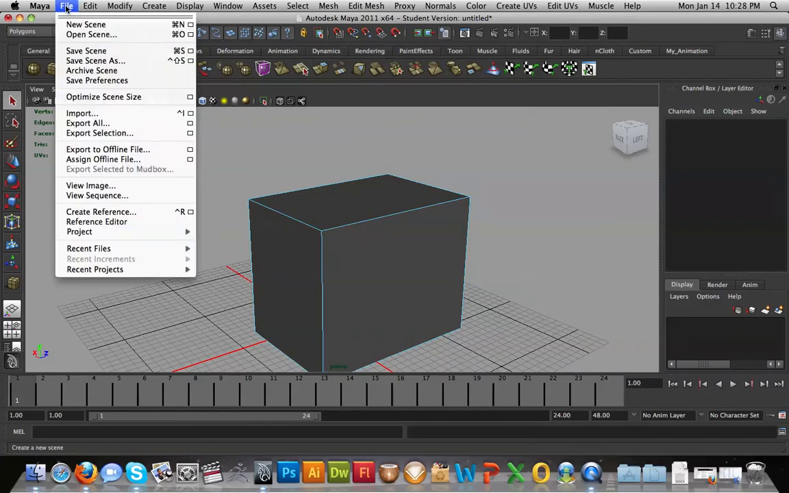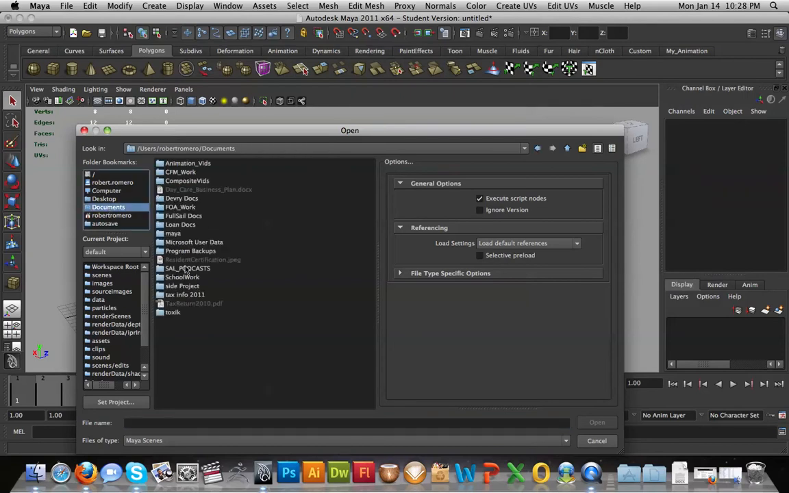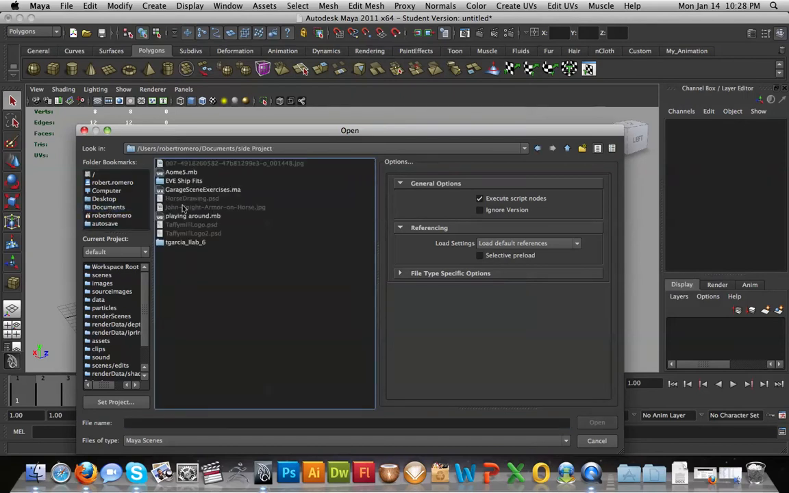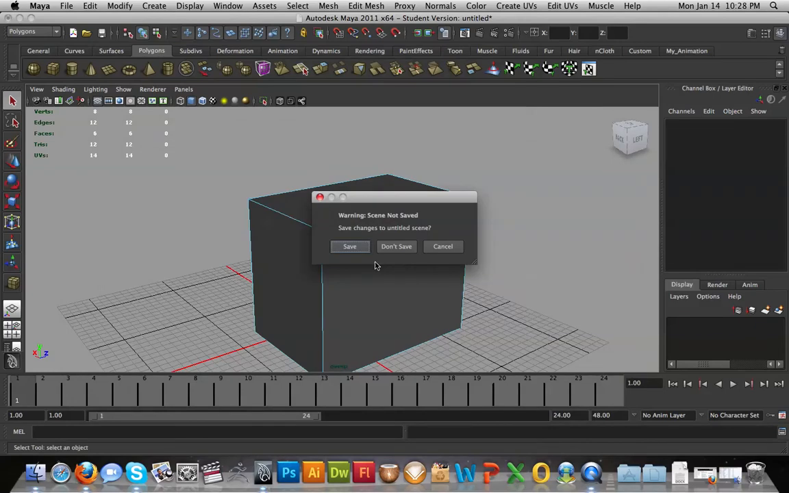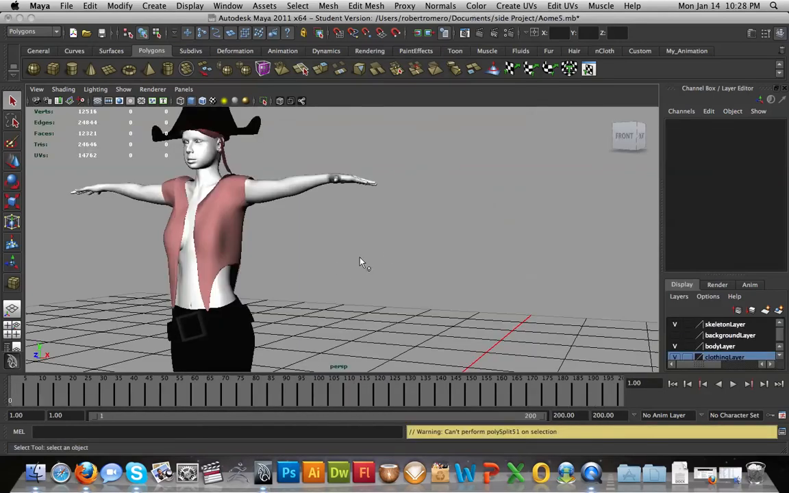If I open up a file that I did a couple of years ago, it took me 60 hours to make. Where is it at? Documents. And click here, and then I open up this file, and I don't want to save that one. So now this is